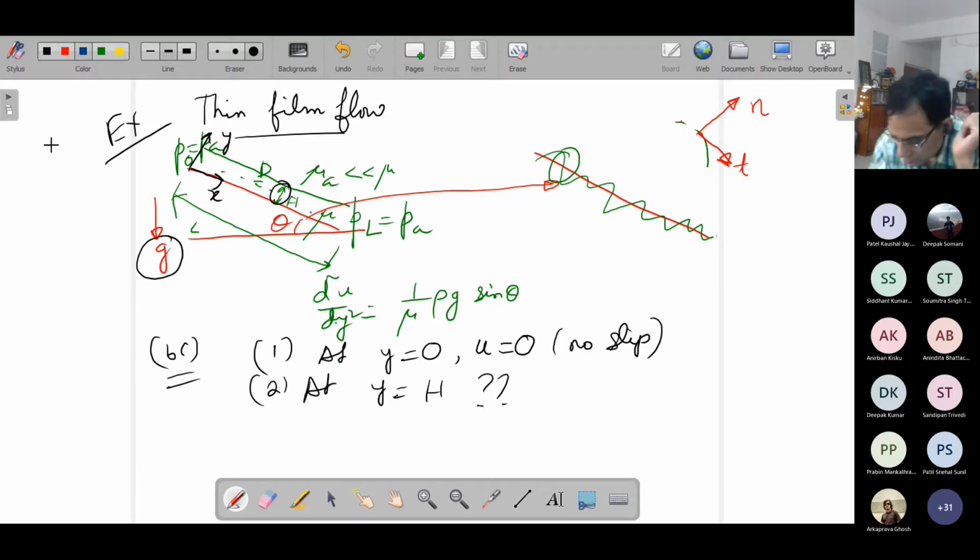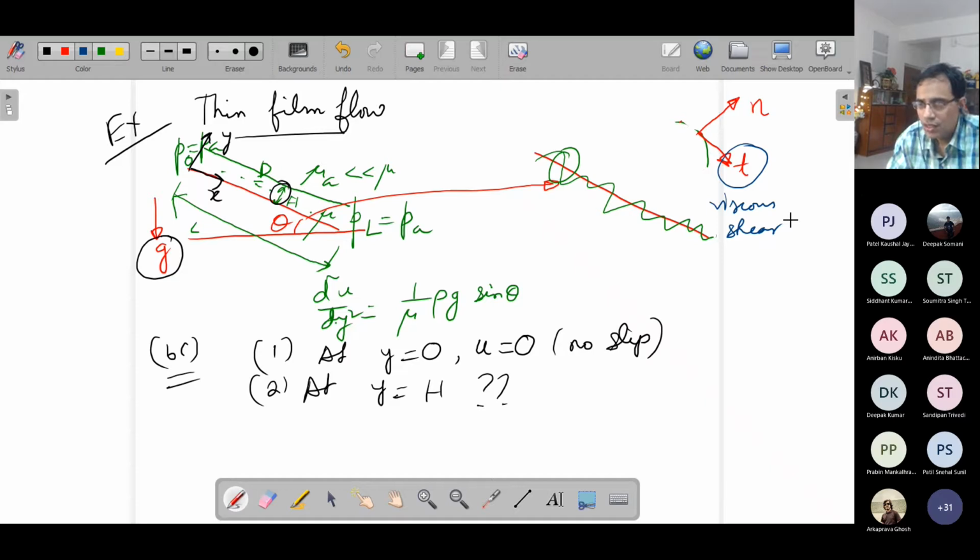Now, if you resolve the force balance in the tangential direction, there will be a tangential stress which is due to tangential force at the interface, and that must be balanced. So at the interface, this tangential force would be due to the viscous shear force, which is just tau equal to mu into the rate of deformation, that viscous shear that is tangential to the interface. And there could be a tangential force due to a tangential gradient of surface tension.